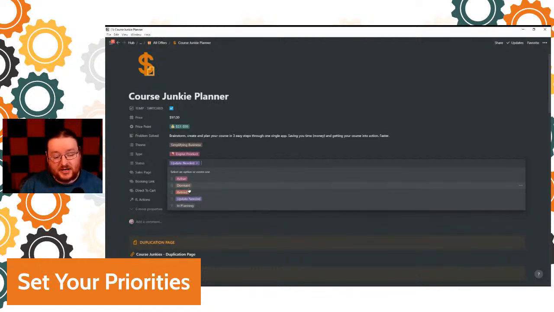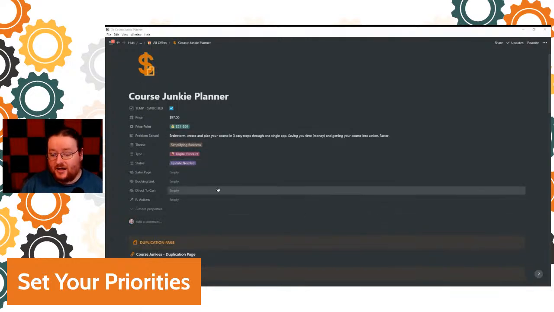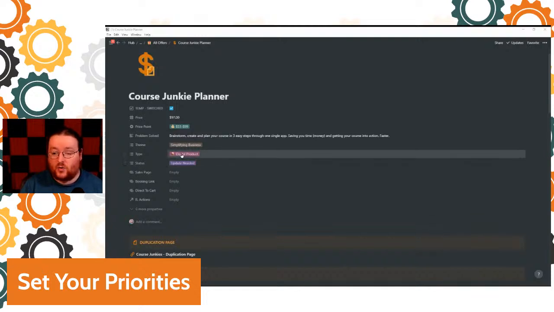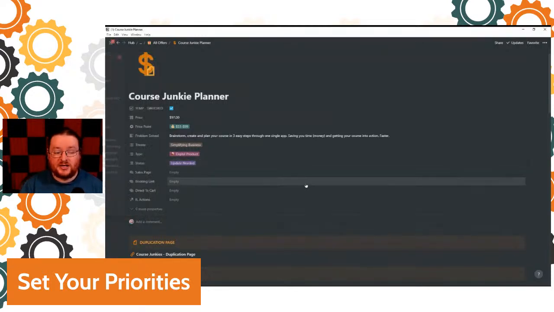So the difference between dormant and retired, a dormant product is something that is available, but I'm not actively advertising. Because I launch quite a lot of different things to suit a lot of different people, I don't promote everything all of the time. And so when something is dormant, it is available to purchase, but is not something that I am actively